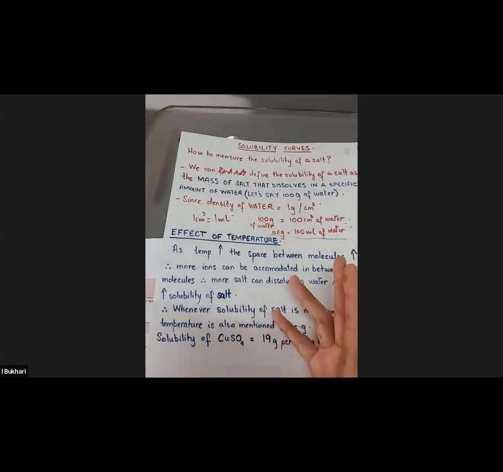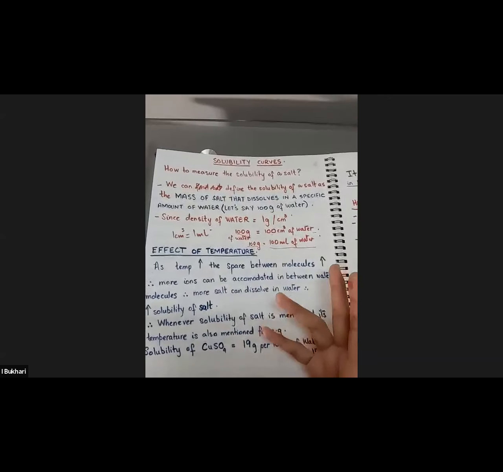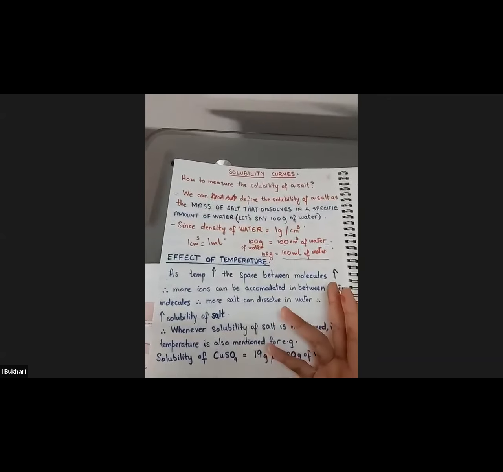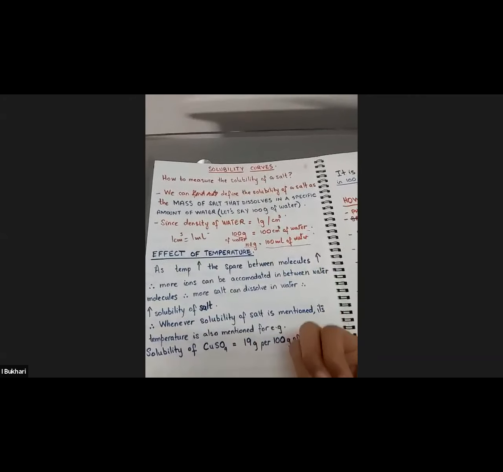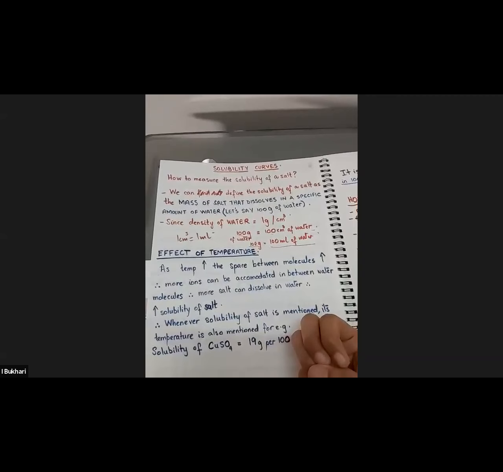Going back to what happens when salt dissolves, the ions try to get into the spaces between the molecules. What does the temperature do to the water molecules? It increases their